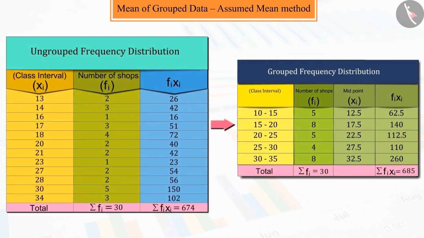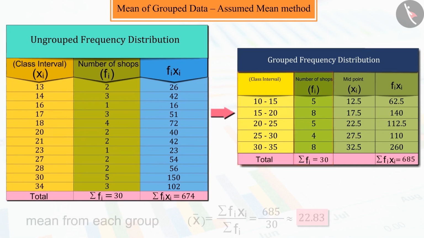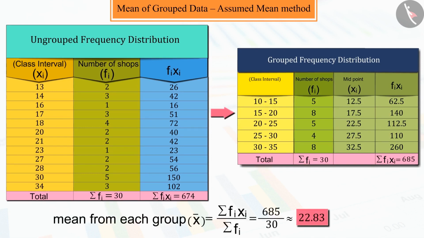We know that due to vast data, we classify the ungrouped data into grouped data and by constructing the class size, find the mean by direct method. But sometimes the value of xi and fi are so large that it becomes difficult to find their product. Also, it takes more time. So can you make the process of finding the product of fi xi even simpler?